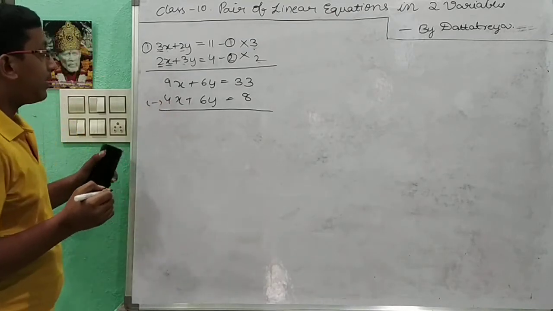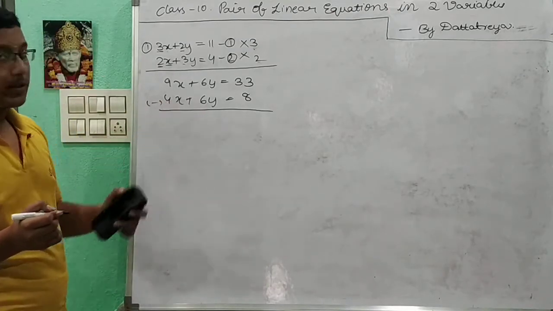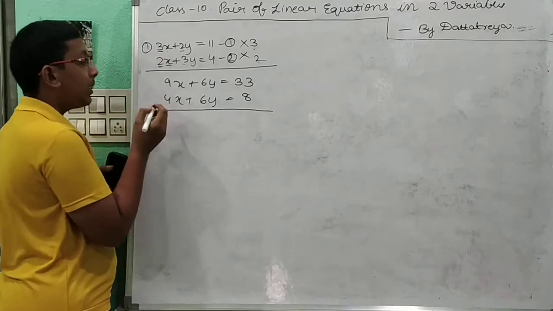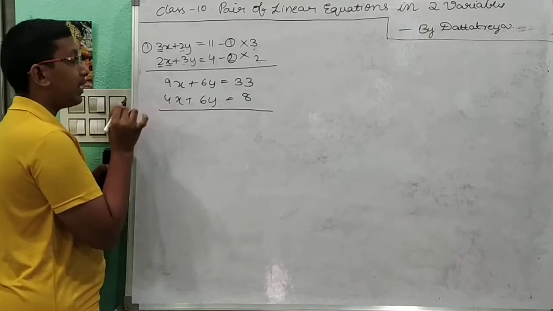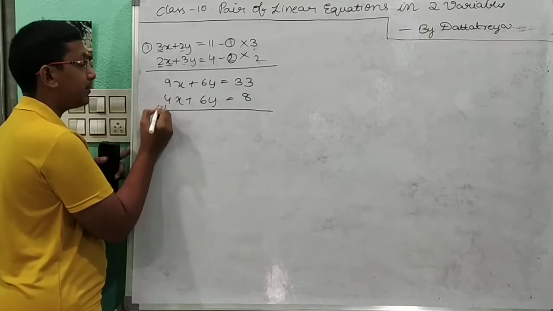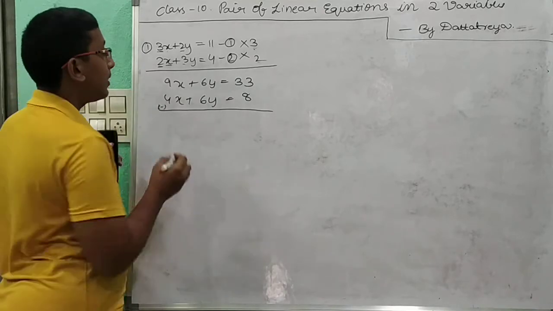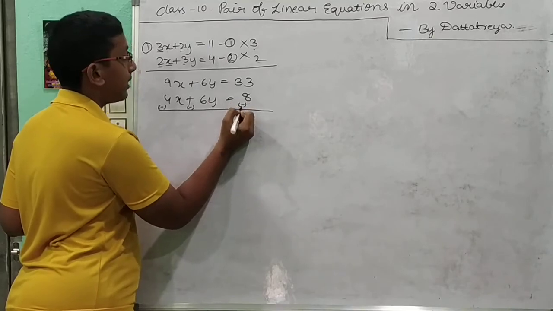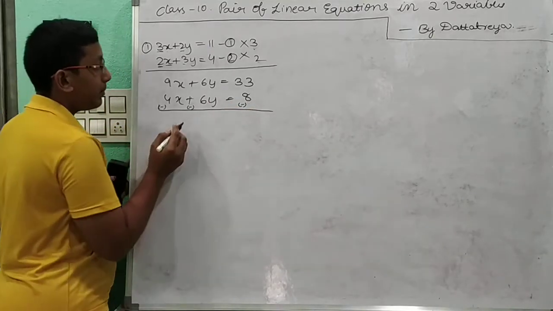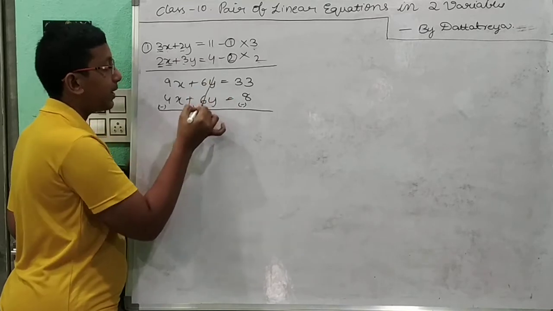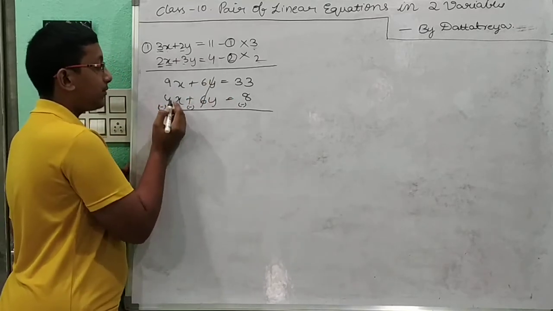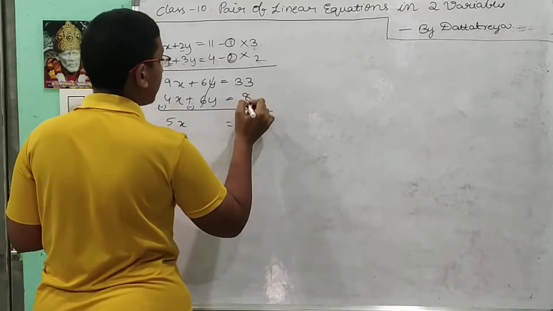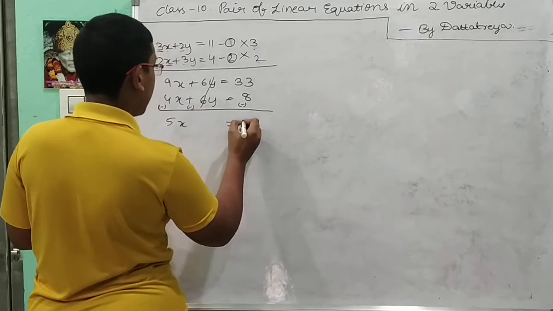If you want to subtract, first you should see what signs are given in the second equation. Here the sign is positive, plus 4. If a negative is not represented in the equation, it will be minus, because plus means its opposite symbol is minus. Here plus is given already, so it will be minus. And this is also plus 8, so it becomes minus. Now keep it like this and you will be able to cancel 6y and minus 6y, so I am going to cancel. Now 9 minus 4 is 5x equal to 33 minus 8,